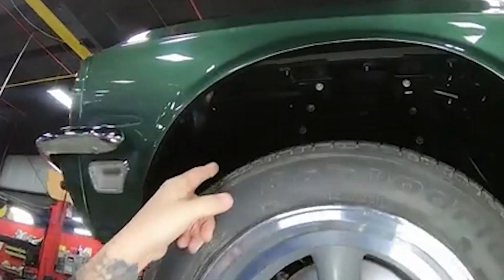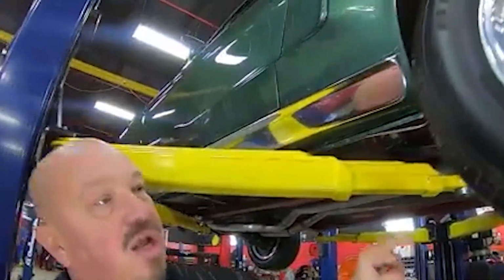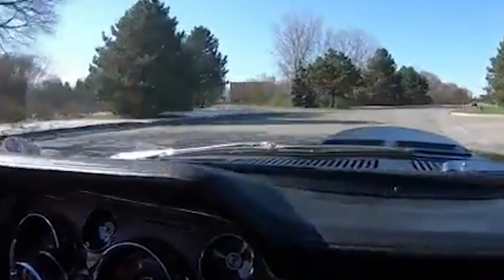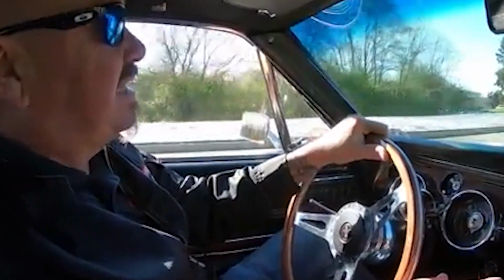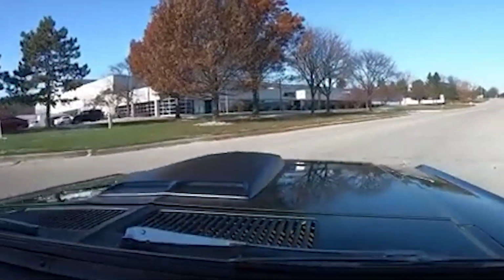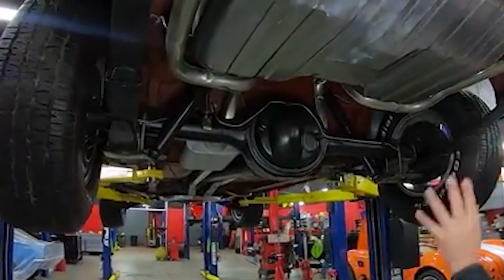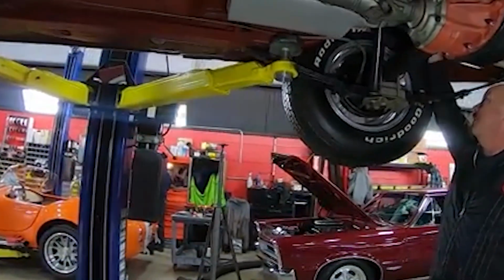And if hubcaps flying off sounds chaotic, number 17 shows how Bullitt's chase almost didn't happen at all, because Warner Brothers nearly refused to film it. Warner Brothers didn't want the chase. It's hard to believe today, but the studio behind Bullitt almost killed its defining sequence. Warner Brothers executives balked at the idea of a 10-minute car chase. They feared it would slow the movie's pacing, inflate the budget, and alienate audiences who wanted more dialogue and less